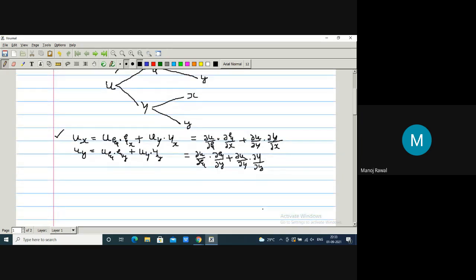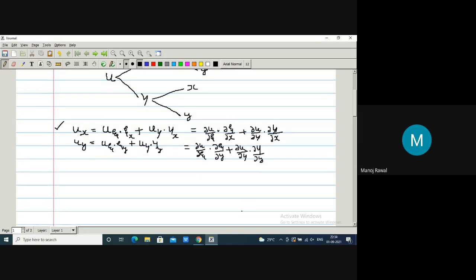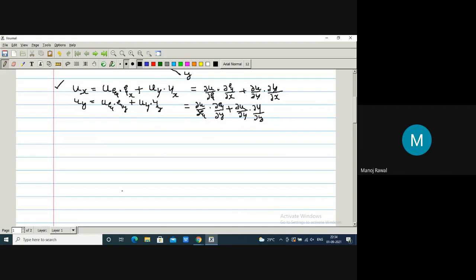So u_x also you can write as del u upon del x on the left hand side, and u_y as del u upon del y. That's fine. So we will require the Jacobian also in this method. Jacobian will be required. So the Jacobian is nothing but, if I denote this,